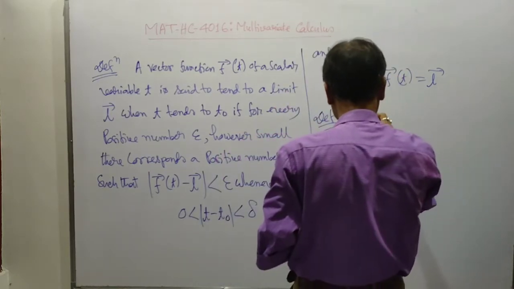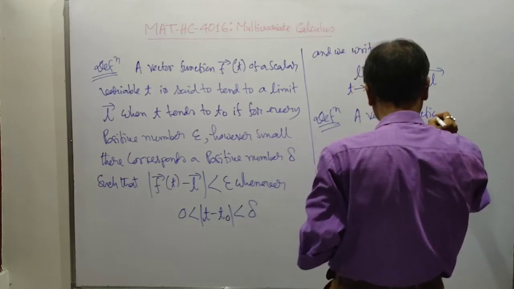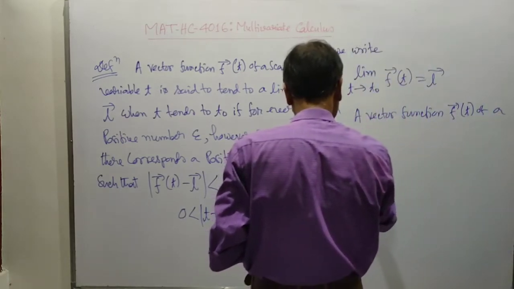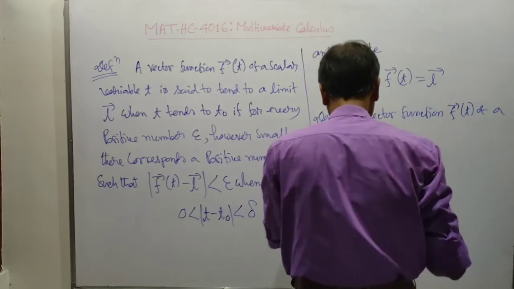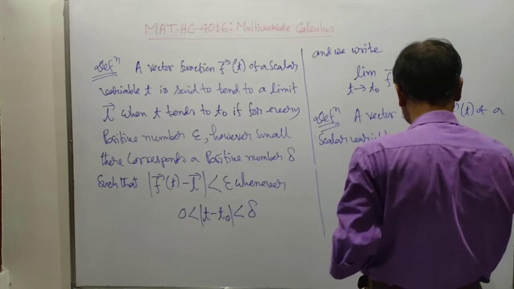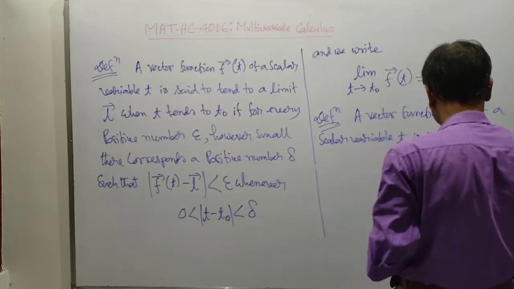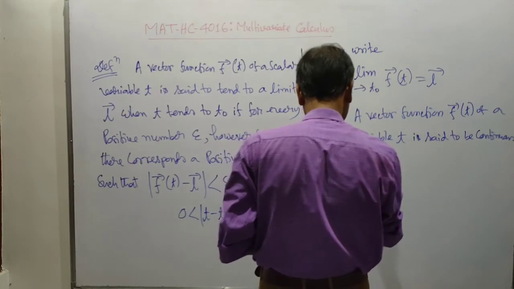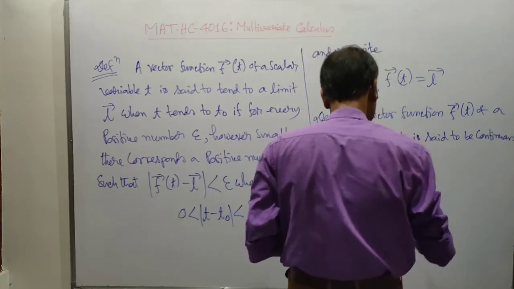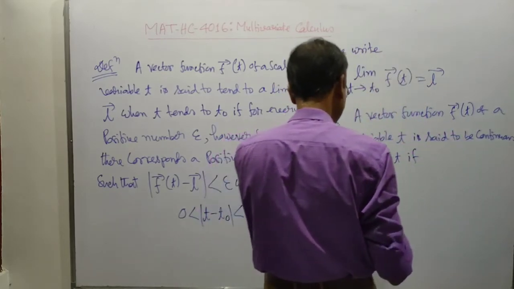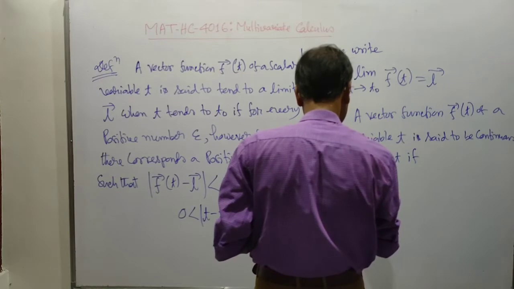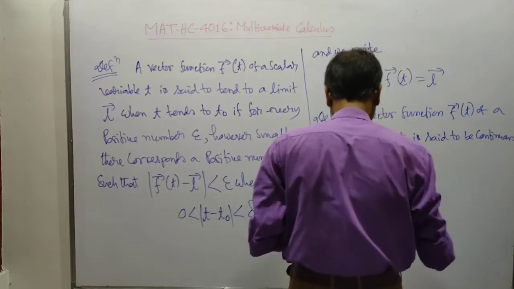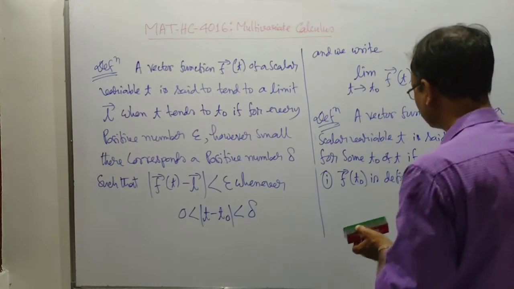Next, another definition. A vector function F bar(t) of a scalar variable t is said to be continuous for some t naught of t if number 1, F vector(t naught) is defined. Number 2,